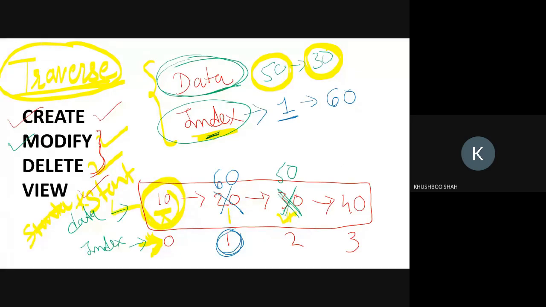So when you modify or delete or perform any operation, always make sure that you start from the start pointer and then you traverse the linked list, and according to the user choice, you update the data. Clear?